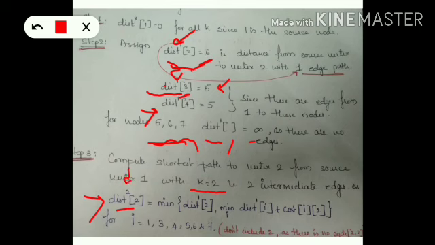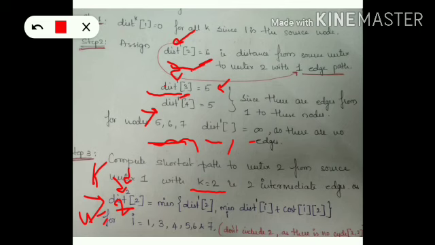So I'll make use of the recurrence relation, which is given as minimum of dist raised to k minus 1. Here k's value is equal to 2. So k minus 1 is dist of 1, comma, minimum of dist raised to k minus 1 of i plus cost of i, comma, u. So u's value is 2. So here u's value is 2, k's value is 2. So this entire thing now reduces to